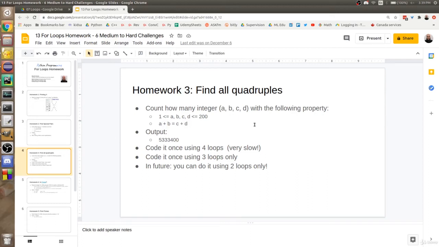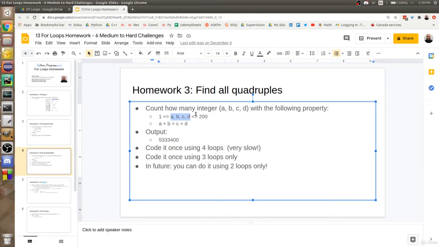This program asks us to try all of the different A, B, C, D and figure out A, B, C, D where two conditions are satisfied. These four numbers are within 1 and 200, and A plus B equals C plus D. Definitely, given that we have such a range, we can just make use of them to generate our different